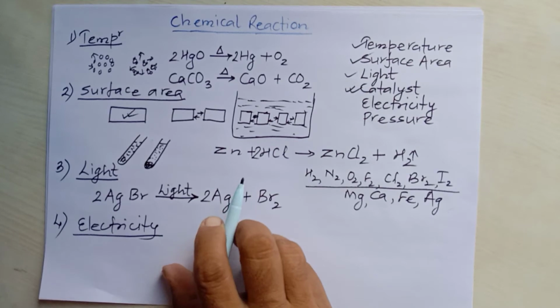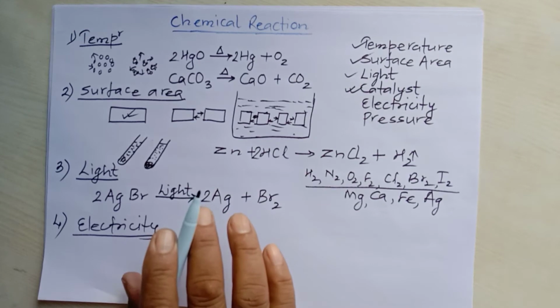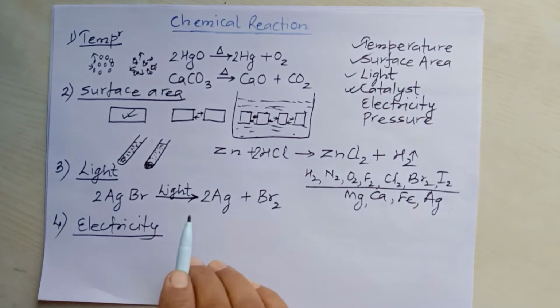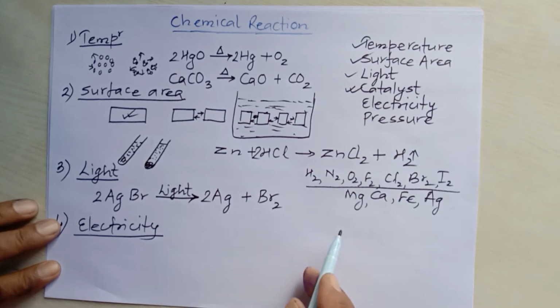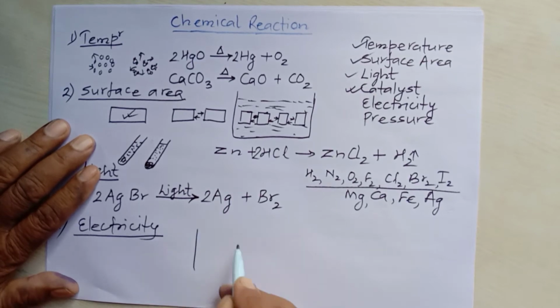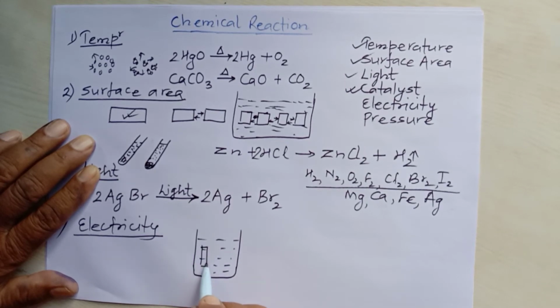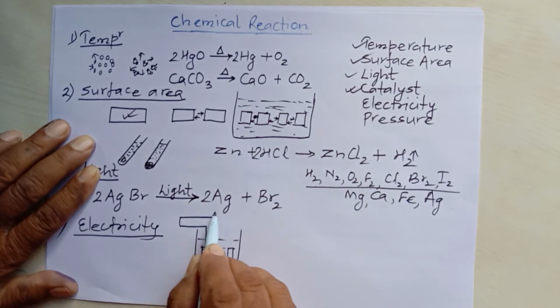Electricity is another factor which affects the rate of chemical reaction. Actually, how does it affect the rate of chemical reaction? When electricity is passed into an electrolyte, it helps to move the ions to oppositely charged electrodes, where they react. It will be better to understand with the help of this diagram. Let's say this is an electrolyte, water with a little amount of acid added in it, and there are two metallic plates immersed in it, and these two metallic plates are connected